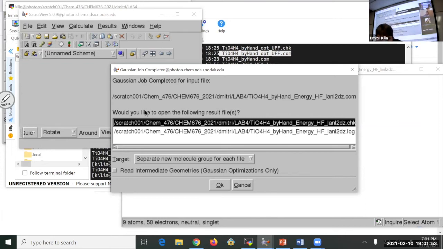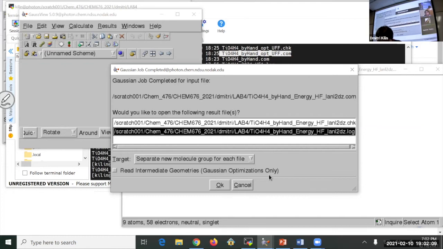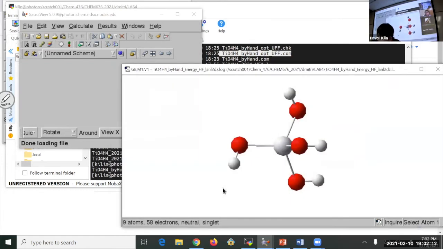Now it tells me Gaussian job completed. Would you like to open the following results file? So I select the second one that is named .log. I click this .log and click OK. It will bring the same model up, but it will be a new window. Again, I'm practicing patience and not clicking anything. Because if I'm disorganized and I have like 10 other models, if I click on the other model, when I go back to the main panel here,